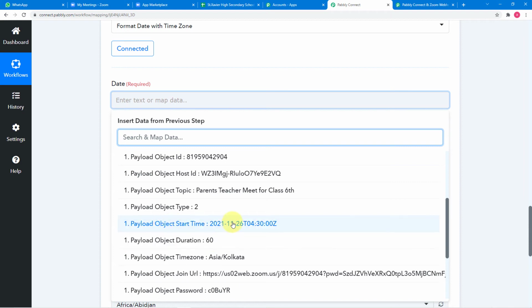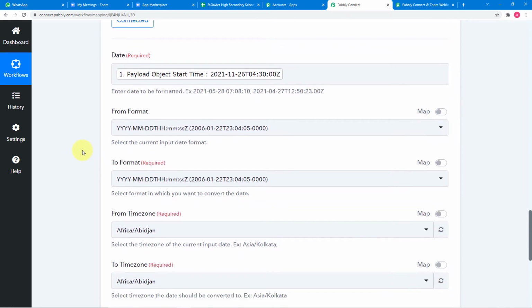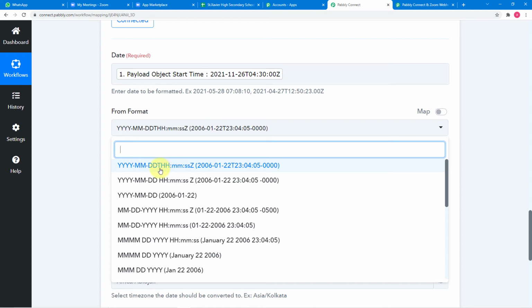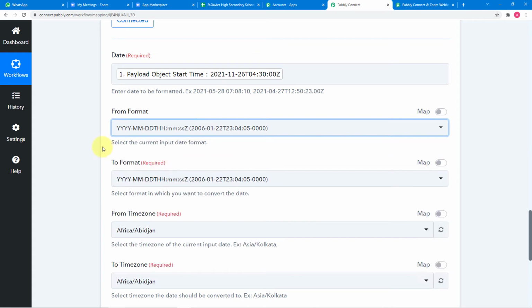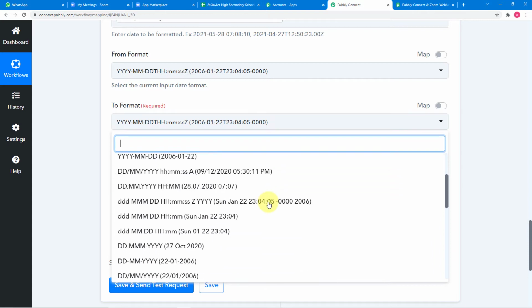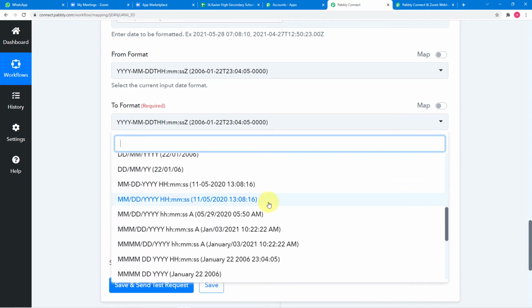time from here only. Okay, and now it is asking from format, so you have to click here and you have to choose the format which is this format. So here you can see we have between the date and time a T. Okay, so you'll find this format here in which we have a T in between. Let me show you. This is the format which have T in between. So map it like this, select it, and now it is asking to which format you want to convert this date and time. So I want to convert this date and time in our regular format which we use, which is something like this. Okay, so I'm going to select this here,